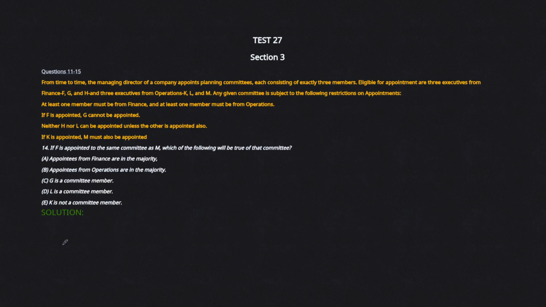Okay, on to question number 14. The question is, if F is appointed to the same committee as M, which of the following will be true to that committee? Okay, so let's just go over that. We have F and we have M. So something that we need to establish here is that we cannot have G because we have F, and we also cannot have